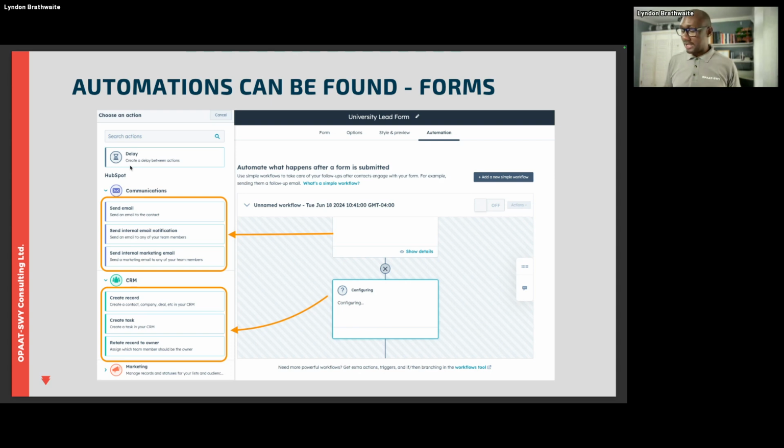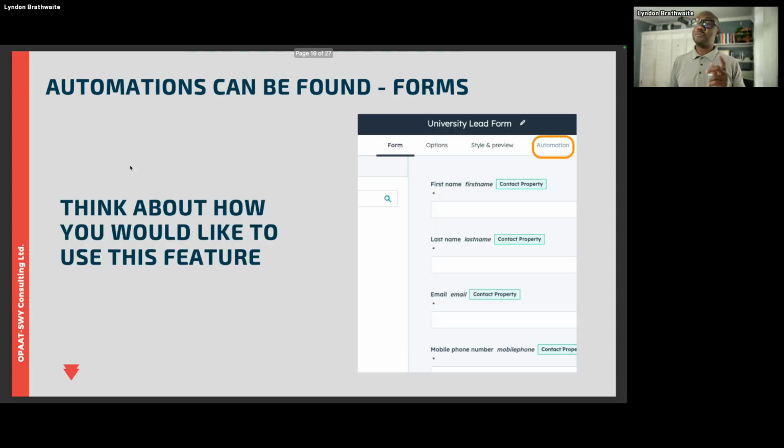But again, as it says here, think about how you would like to use this feature, because far too often we find that there's not a lot of thought going into it, or because it requires a little bit more thought, people are a little bit more hands-off with it. I've seen that where people say, boy, we have to think about that. Yes, you actually have to think about it, because you're starting to think process now, right? And how that process is going to enhance the day-to-day operations of the individual and the organization.